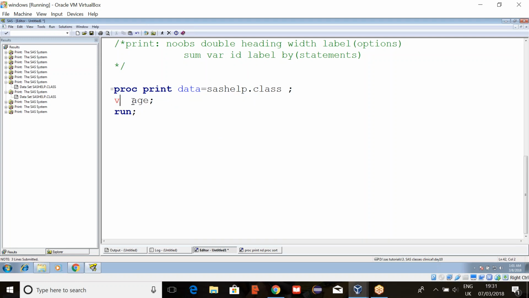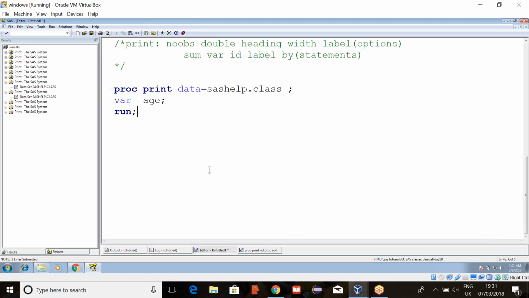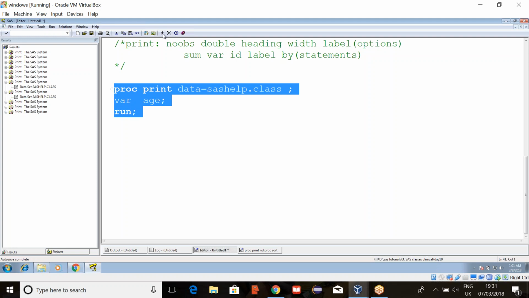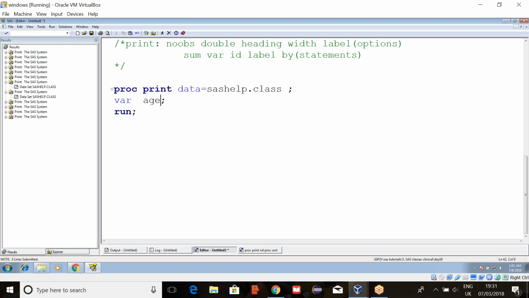Next one is the var statement. In case you want to print only a particular number of variables, like I want to print only name and sex, then if you are writing in a data step, we had a keep option, right? Here, we just write in a var statement, var age. See, now it is keeping only age. That means we don't use drop and keep in proc print.